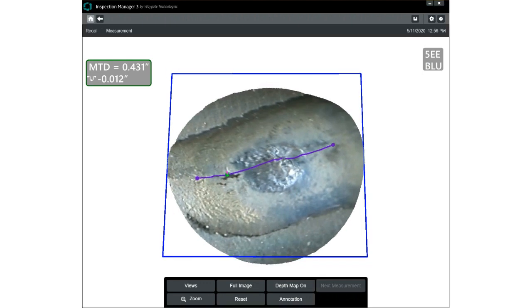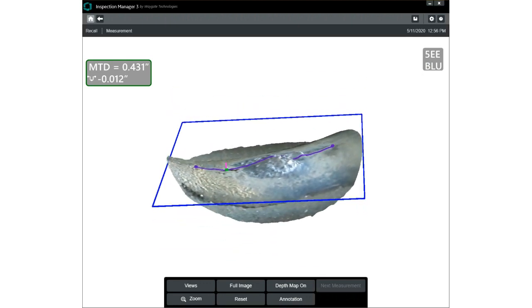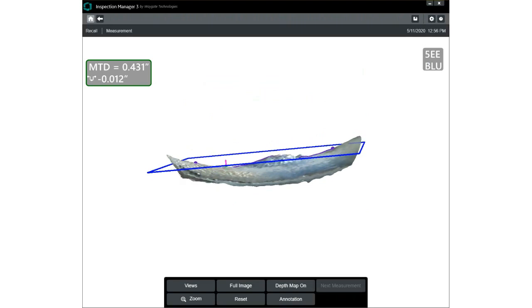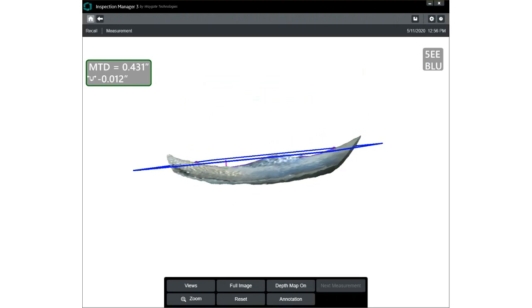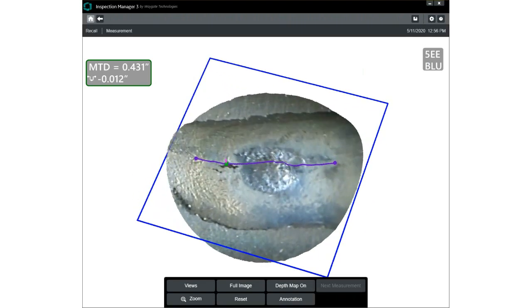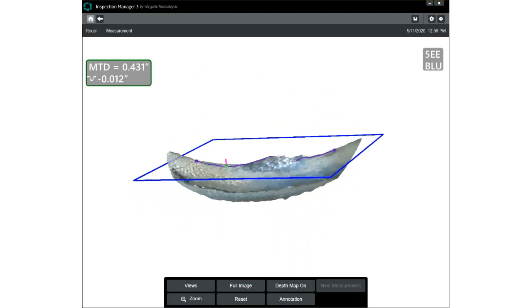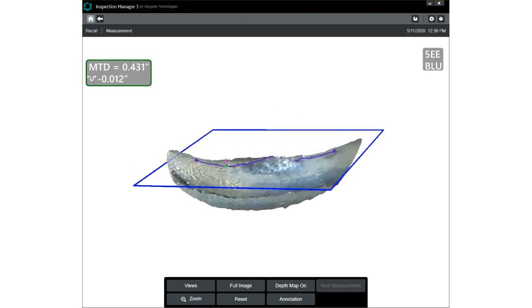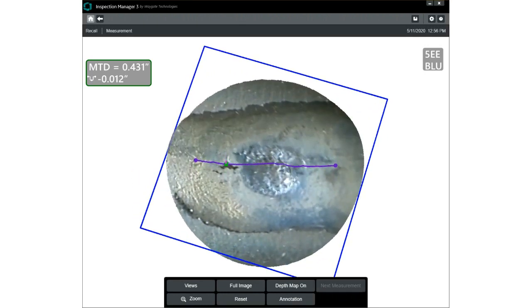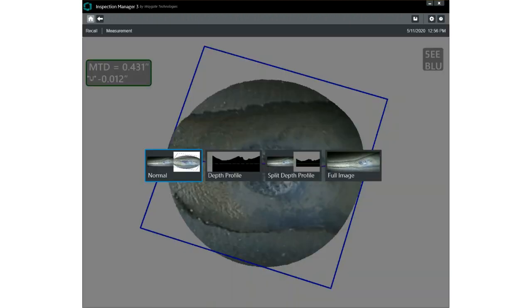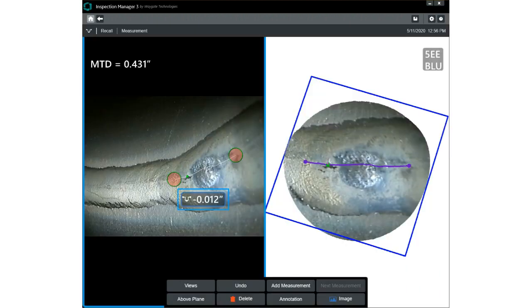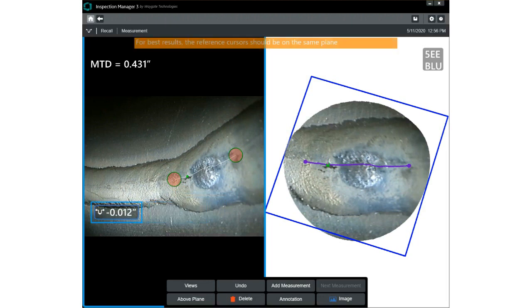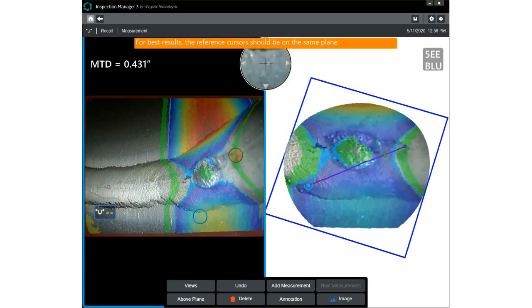If I click and drag on the bottom and start lifting that point cloud, what you notice is that I'm actually measuring on an orbital weld on the inside diameter of the pipe's radius. So I'm getting inaccurate information. I'm not finding this strike point as the highest point. So the next step would be to go back to your normal image and measure on either side from pipe